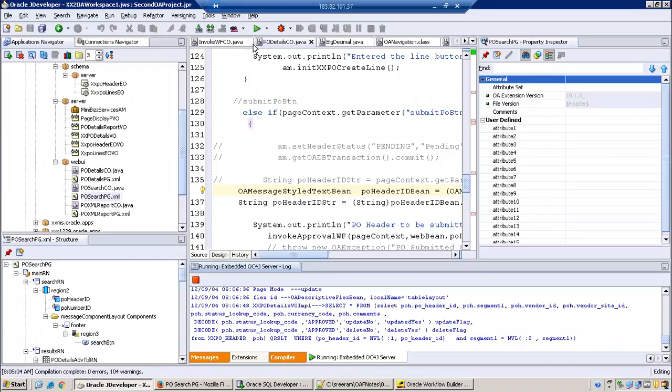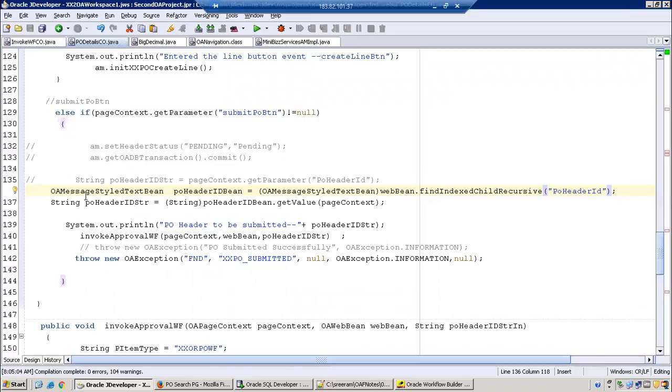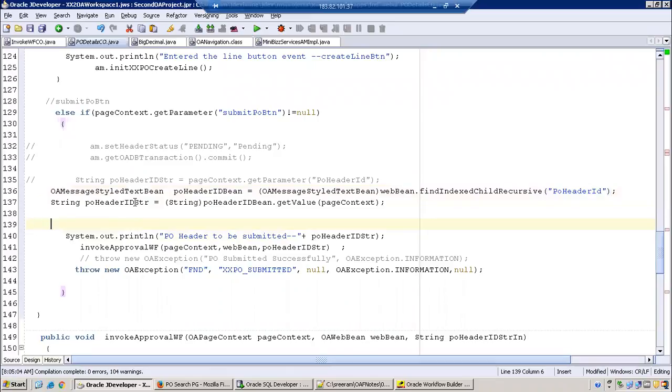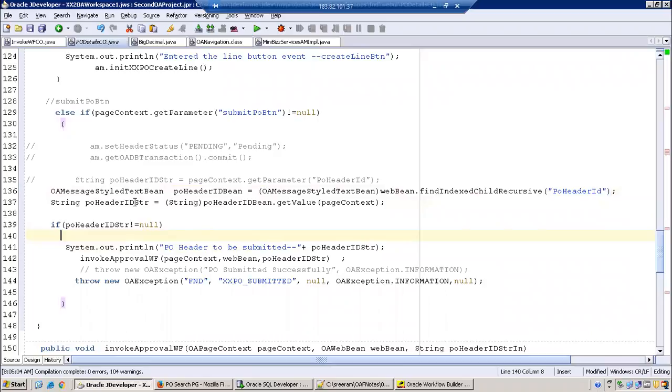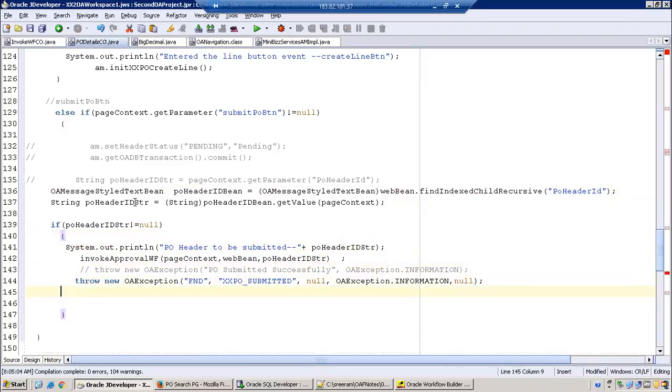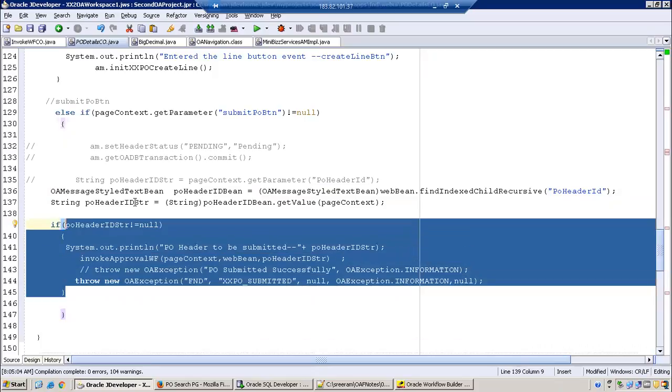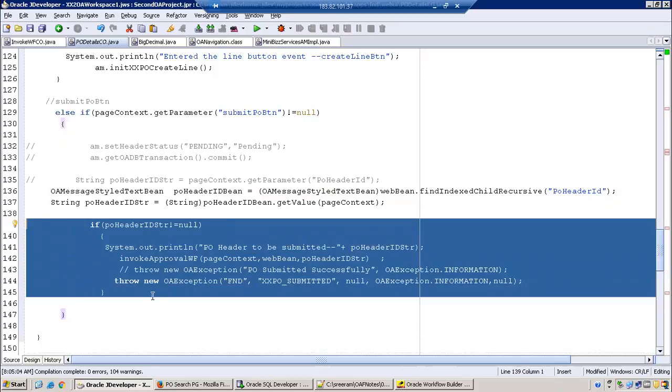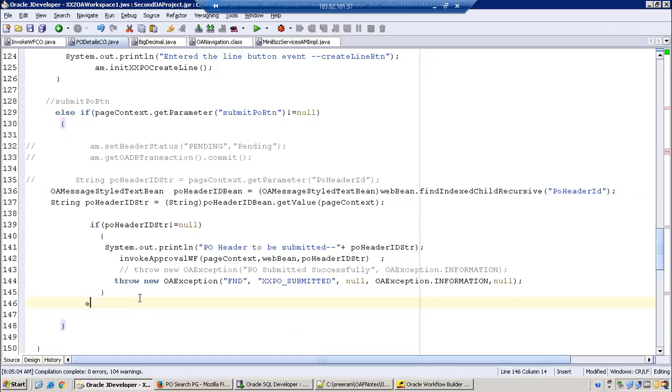So what we have to do, the basic thing, is very simple. If PO header ID is not equal to null, then only call the workflow. Else why are we calling it? We should not even call it. When we write any program, we should never get any null pointer exception. That is a basic thing for a developer to validate.